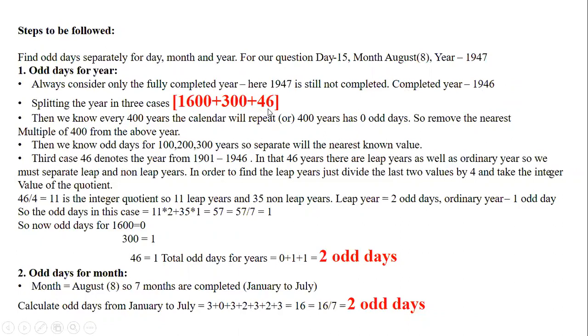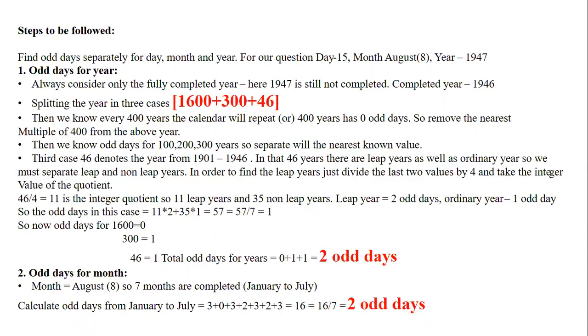That 46 denotes 1901 to 1946, 46 years. In those 46 years, we need to calculate how many odd days there are. So we want to separate how many leap years and how many non-leap years there are. For that, just divide 46 by 4 and take the integer quotient. 46 divided by 4, you will get 11.